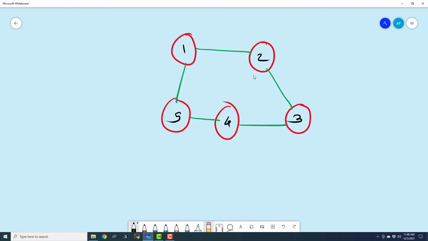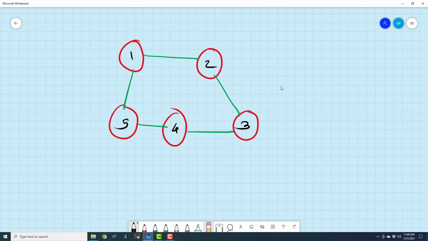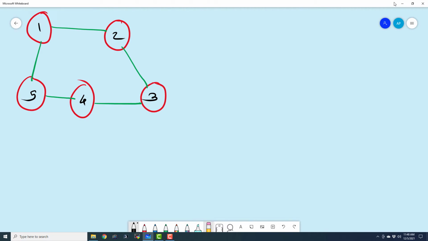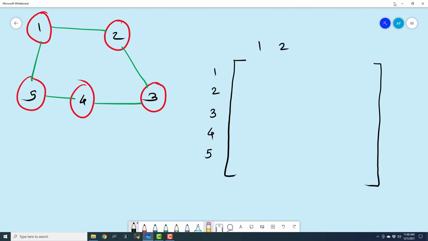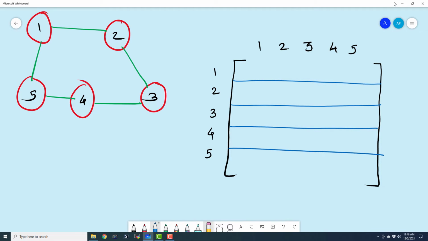Now we can represent them with a matrix. And it is very easy to draw a corresponding matrix to that. So let me move this aside and let us try to draw a corresponding matrix, and it is kind of very easy. So this is our matrix. And this is 1, 2, 3, 4 and 5. Similarly, this is 1, 2, 3, 4 and 5. So let us draw some lines actually to organize our data and to make it look more like a matrix.